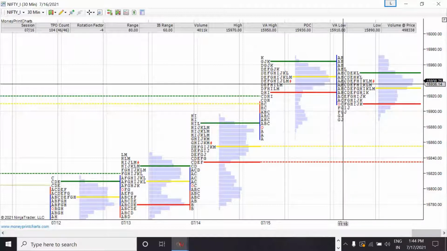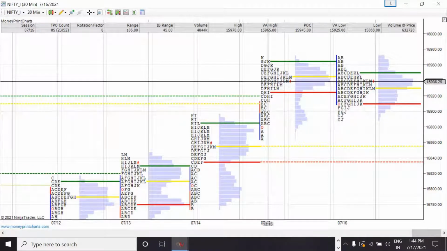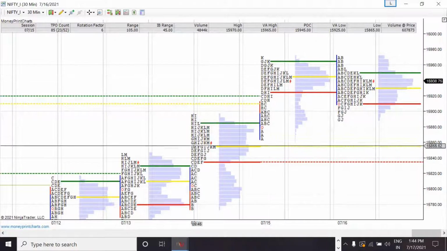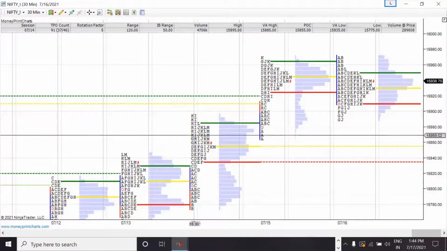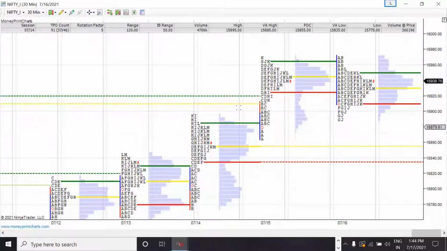Similarly, if you want to see July 15th data, I just need to move the mouse on July 15th, and all this data will be shown on the top. If you want to see the 14th data, you can just move the mouse on the 14th. It will automatically show the data, right?